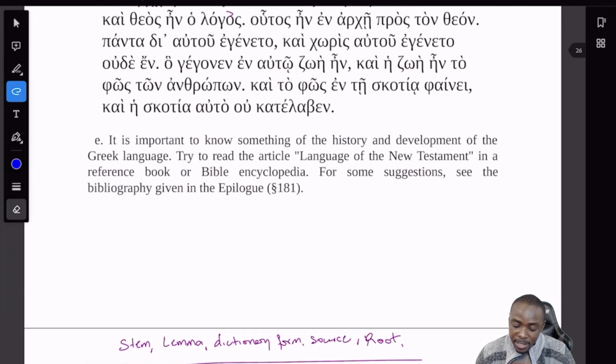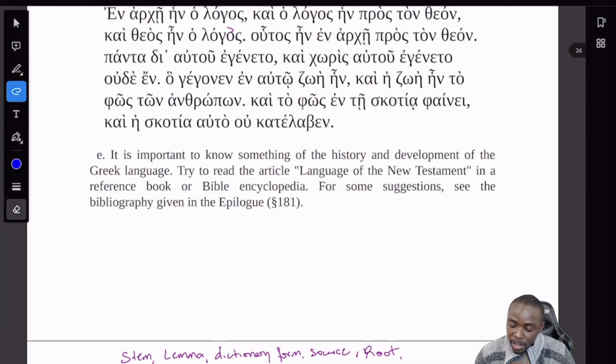And then he says it is important to know something of the history and development of the Greek language. Try to read the article on the language of the New Testament in a reference book or a Bible encyclopedia. For some suggestions, he says see the bibliography given in the epilogue in section 181. So he just says, okay,